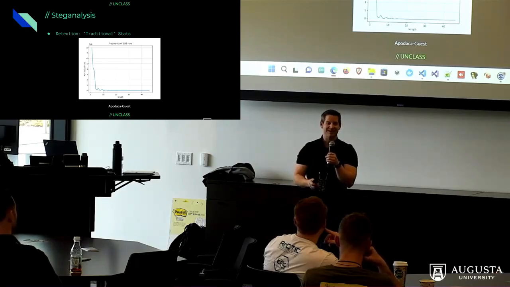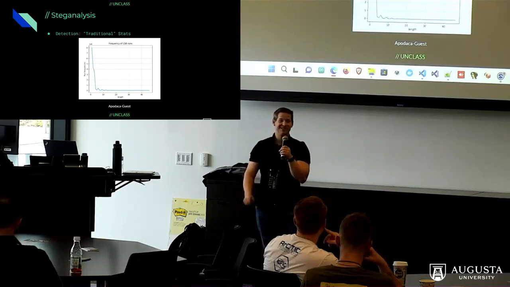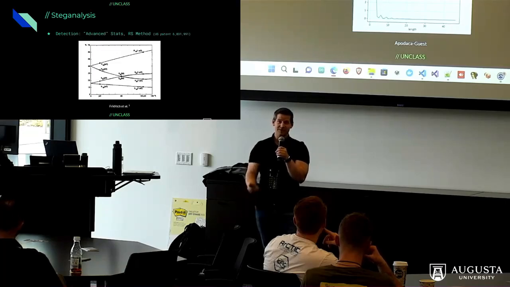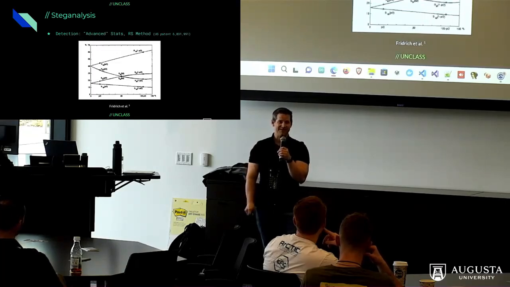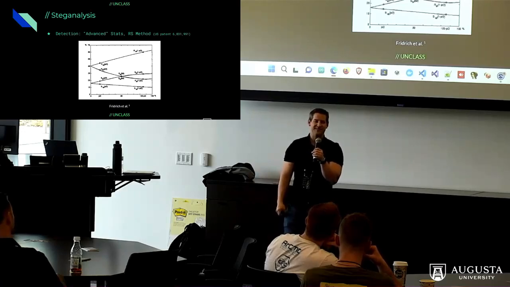But you may say, I have this data I want to hide. I'll go ahead and encrypt it first, because a good encryption method is probably going to have a roughly even distribution of ones and zeros as well, and then they won't see me. Well, that's where some advanced methods come in. So even if you encrypt your data first and then you shove it in the least significant bits,